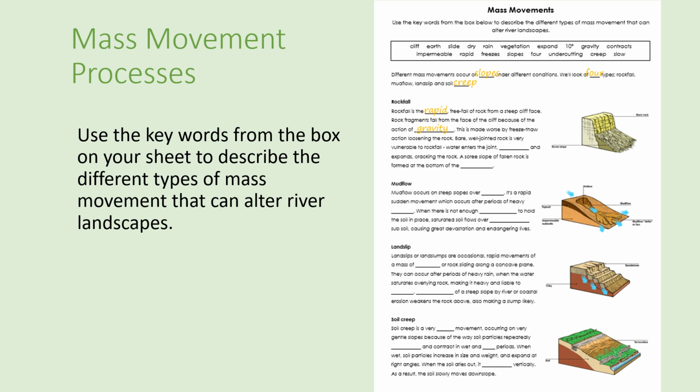Bare, well-jointed rock is very vulnerable to rockfall. Water enters the joint, freezes and expands, and that's why that process is called freeze-thaw, and we'll talk about that in a second. Cracking the rock, a scree slope is formed at the bottom, and that's just basically a pile of bits of rock that forms at the bottom of the cliff. So that's when solid rock falls down, and then sort of the opposite of that, if you like, is what's